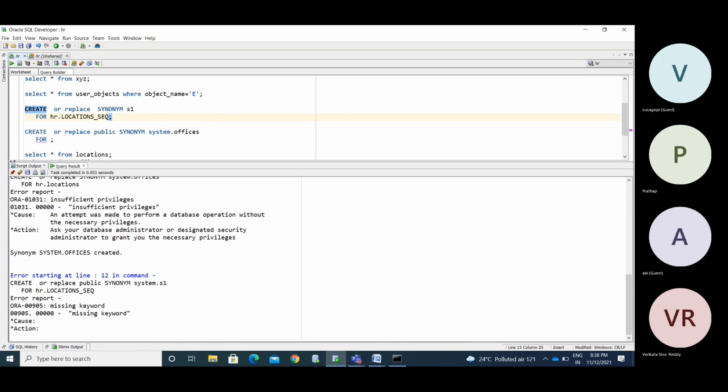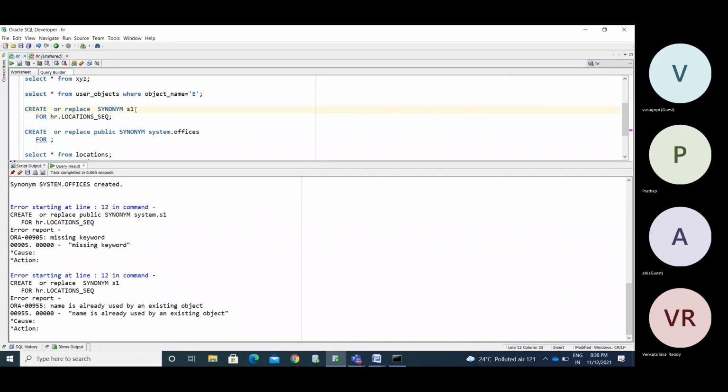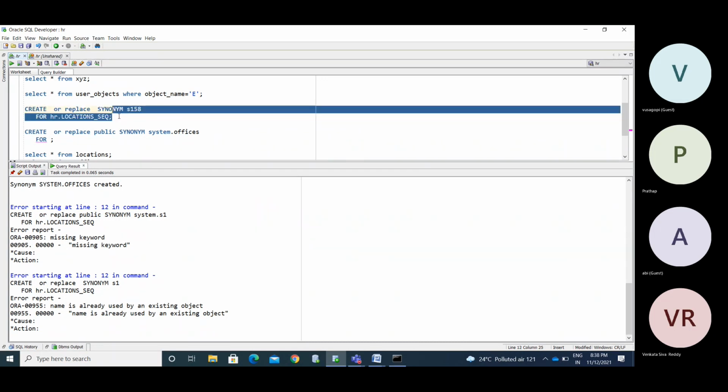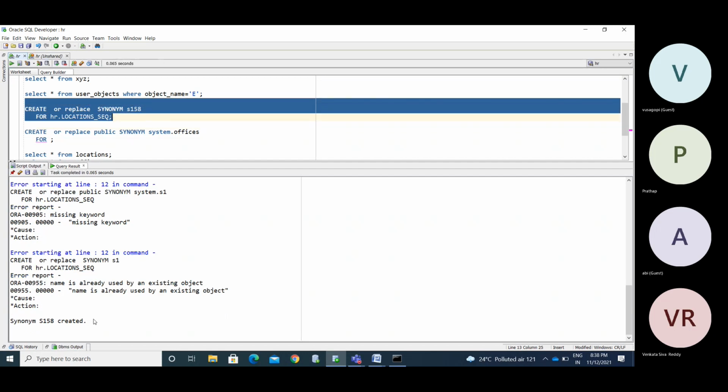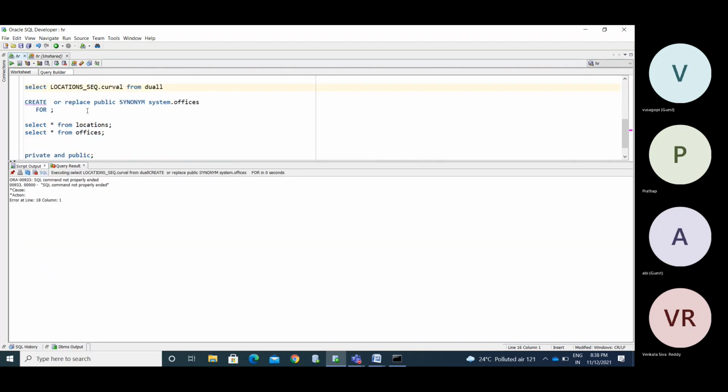Create or replace synonym name. The name is already used by an existing object. Now we created the synonym for a sequence, and you can call it with this also. See, now I'm calling the sequence: select sequence from dual.